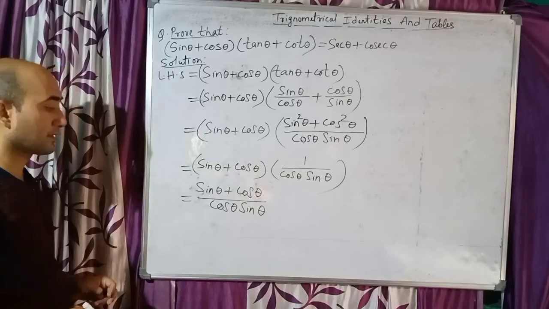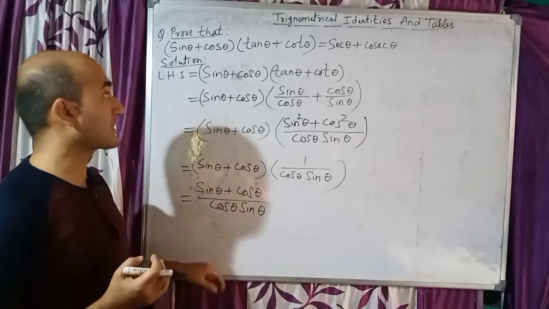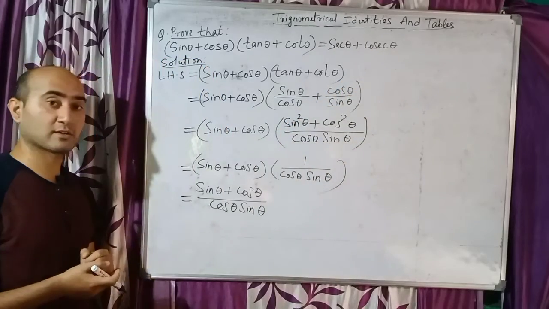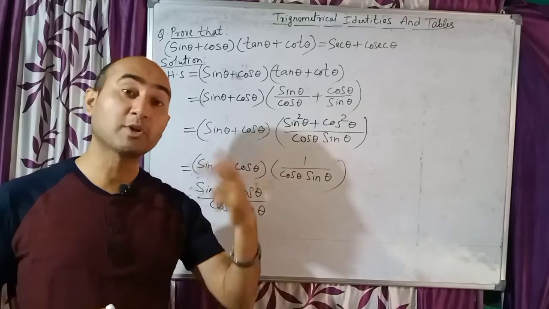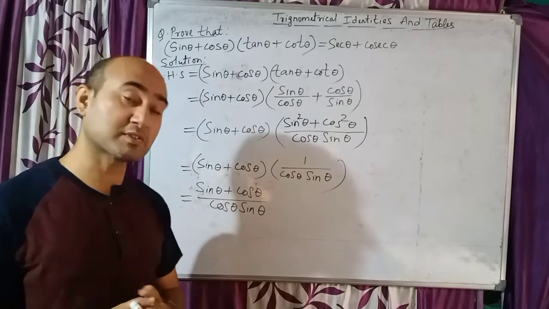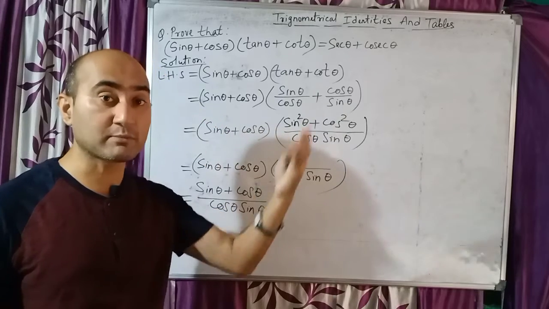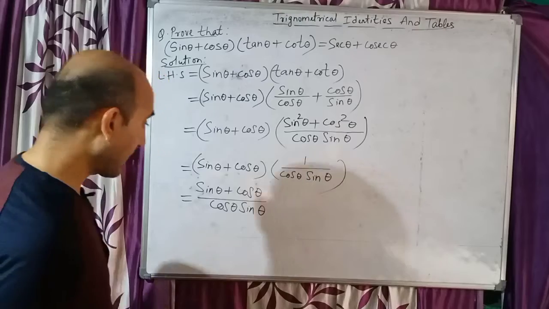Now children, we have nothing to do here, but it should match with the right hand side, and still it is not matching. So now you have to use some other ideas beyond your trigonometrical formula. In the beginning we started with trigonometrical formula, but now you should have some creative knowledge here. You should use some algebraic formula here.